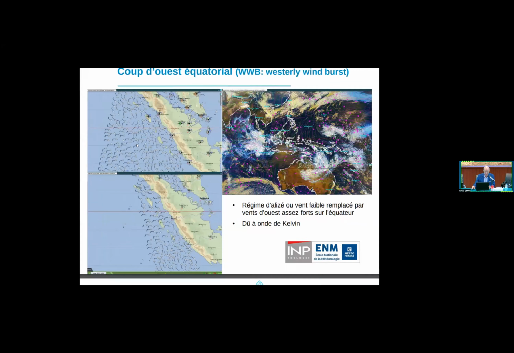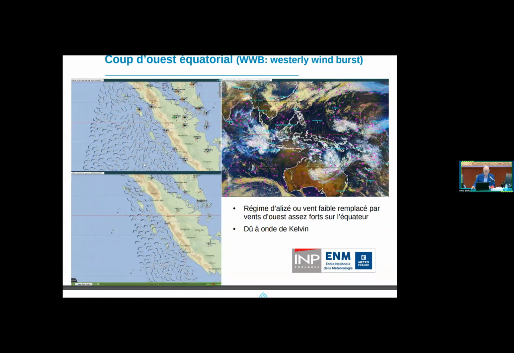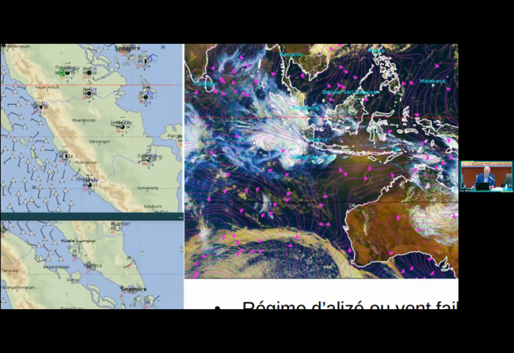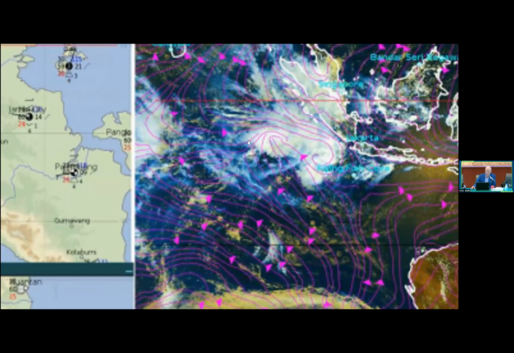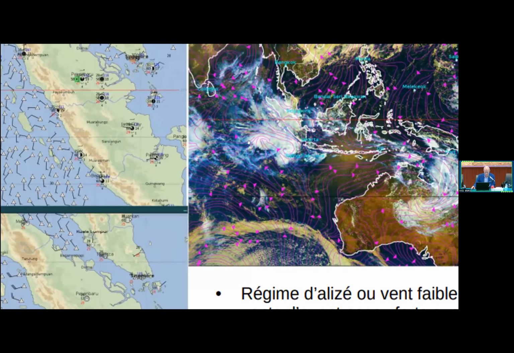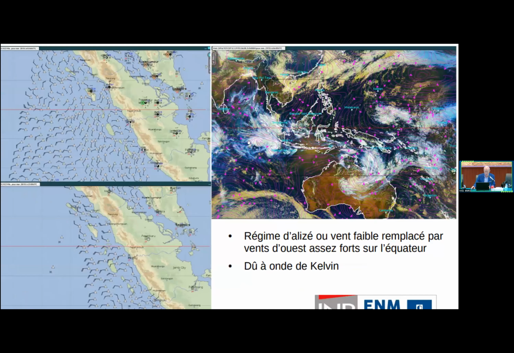So now, this is in French, where you have the WB, westerly wind burst. So this is what a big Kelvin wave looks like near Sumatra if I zoom in. This is what Japanese scientists call a supercluster. It's a very big area, a very big cluster of cumulonimbus,